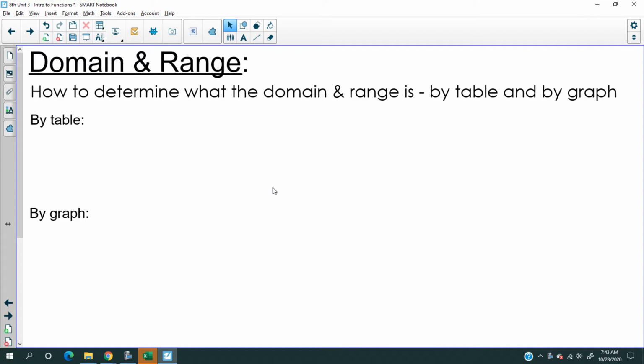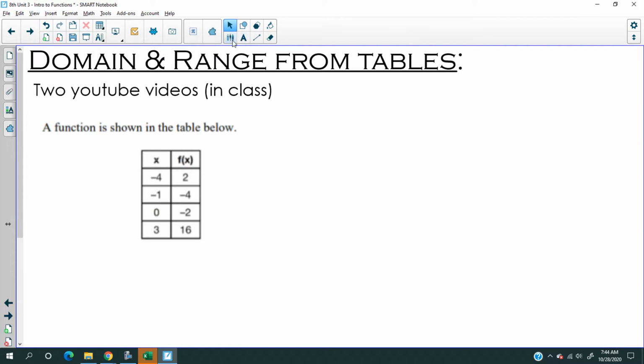Now, I don't know if you noticed, in the past 2 days, the work that we've been doing has been very domain heavy. There are very few questions on range, if at all. So today there's a bit of a shift in focus, where we're gonna look at some more range. Now, this first one, how to get domain and range from a table, is unbelievably easy. We can do one example and that will be it. So look,